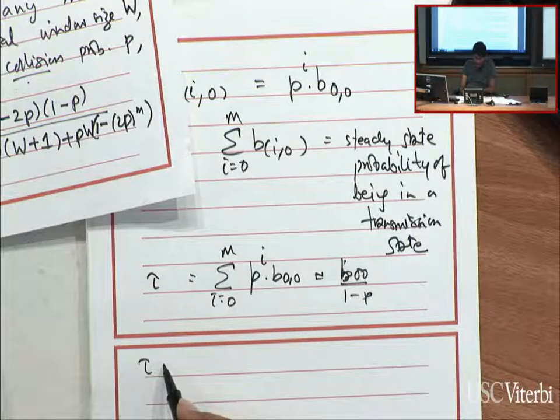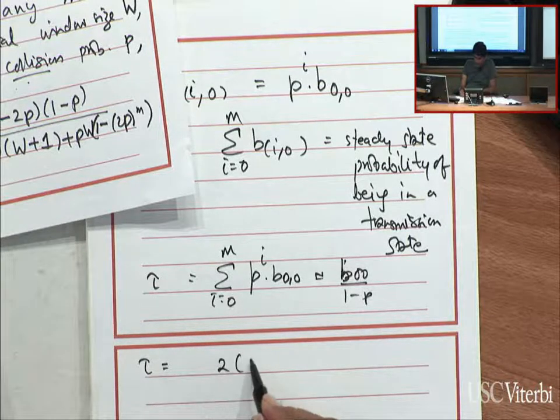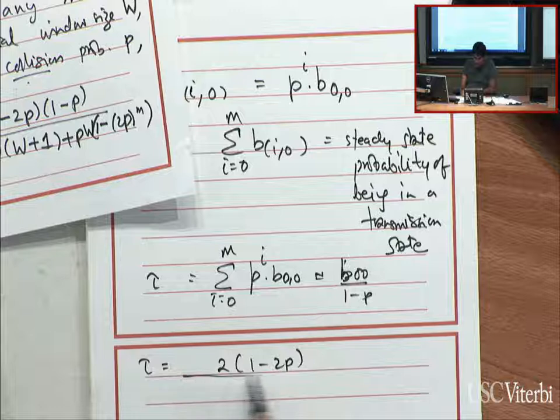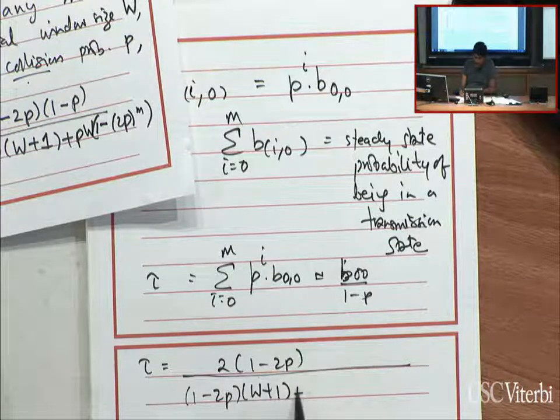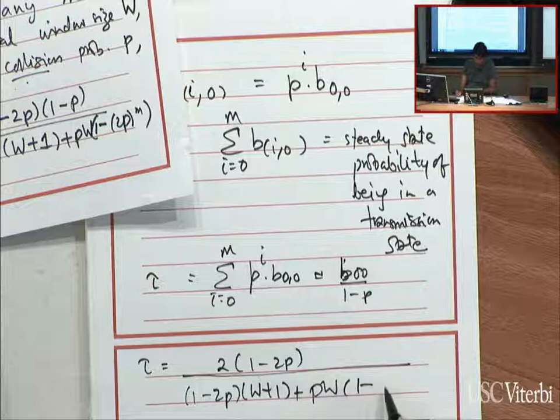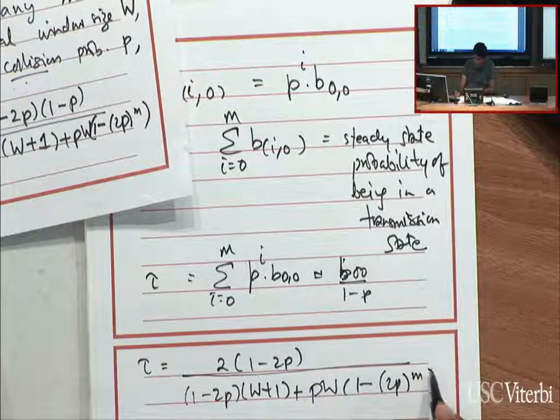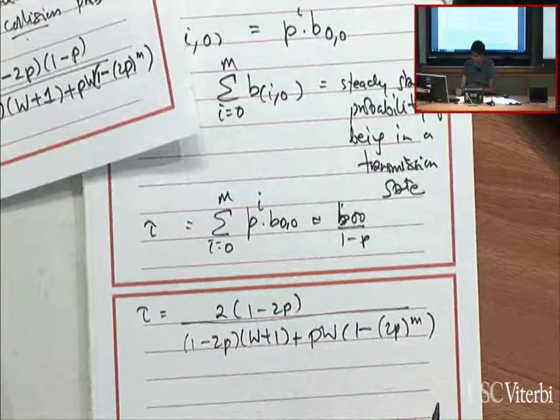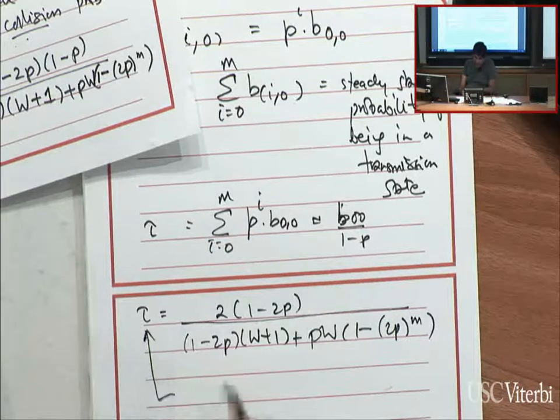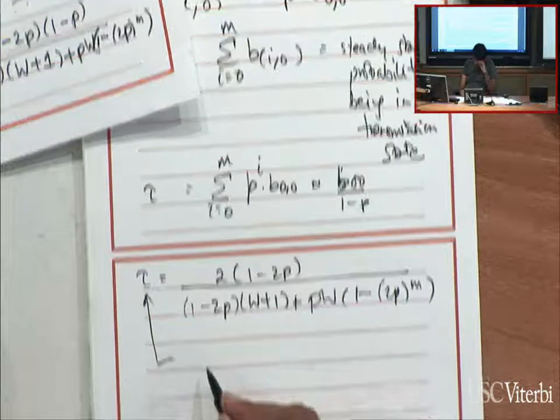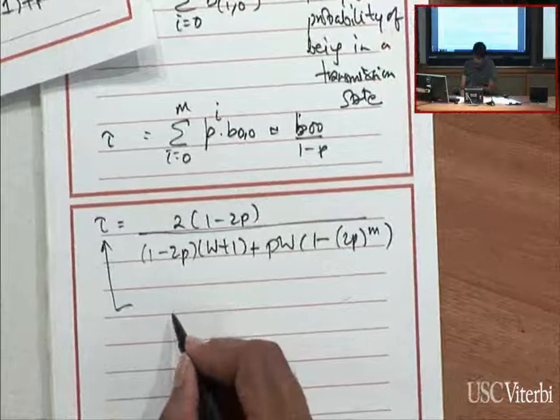They give an expression for tau to be 2 times (1 minus 2p) over (1 minus 2p)(W plus 1) plus pW times (1 minus (2p) to the m). Okay. And so this tau is, as we said, a steady state probability that